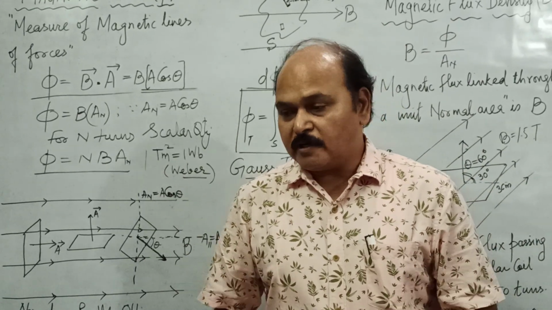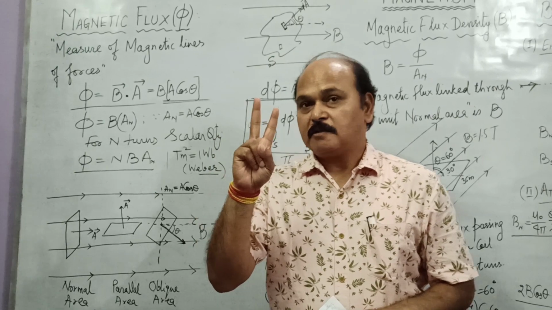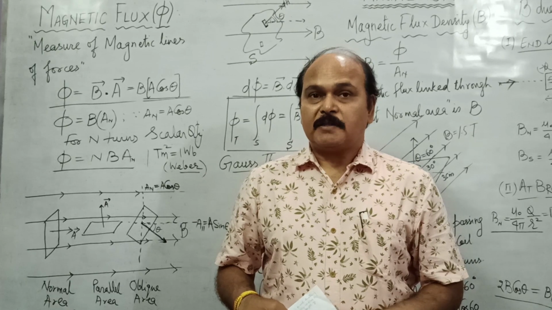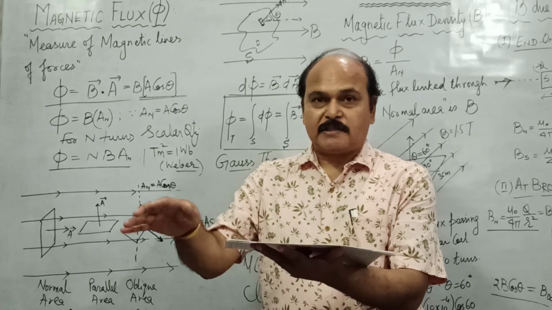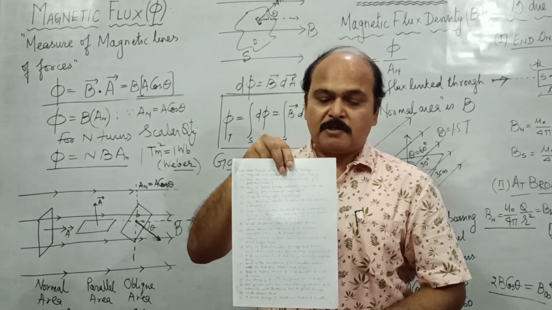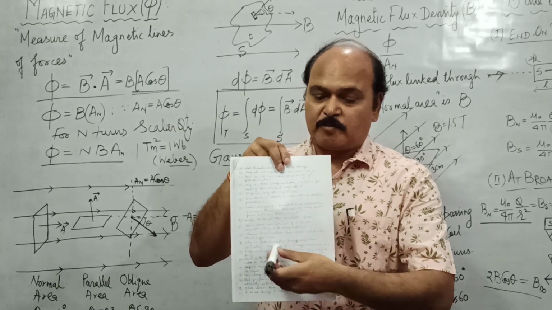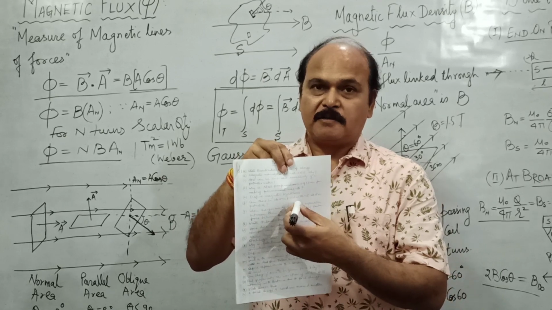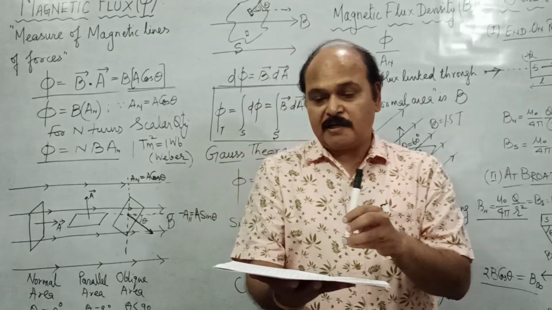Well, you know it already. Let me tell you once again. There are two types of areas. One is uniform area and the other is non-uniform area. The area which is in a plane, like this rectangular sheet, is called a uniform area. Why is it uniform? Because the direction of this area is fixed. The direction of an area is always normal to its plane, and wherever you make this normal, it would be all in the same direction.